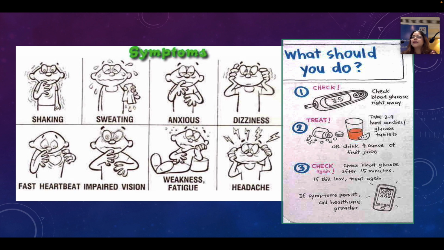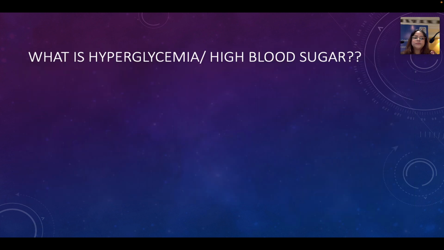We have to treat. Please, माँ बाप को प्लीज़ बता देना कि बिस्किट, चॉकलेट, दूध में चीनी, मिठाई, ये सबसे हाइपोग्लाइसीमिया नहीं ट्रीट करना है, because these things take time to get digested, for the blood sugar to go into the blood circulation and to reach the level. It will take time. So it is very important that a pure form of sugar is given, either in the form of glucose or sugar directly, or glucovita tablets or juice, that is preferred, and repeated checking of the blood sugar till the child's blood sugar comes to normal.